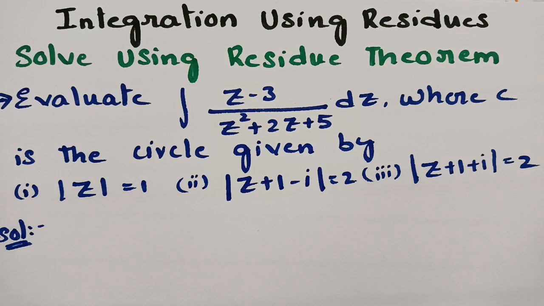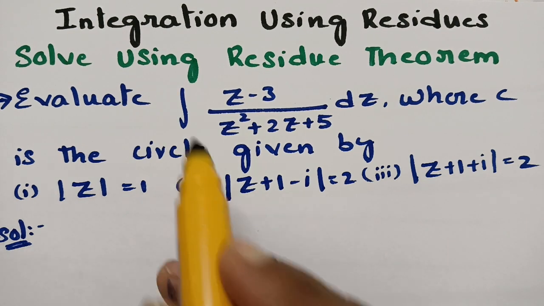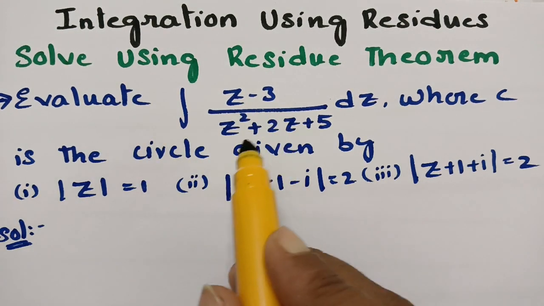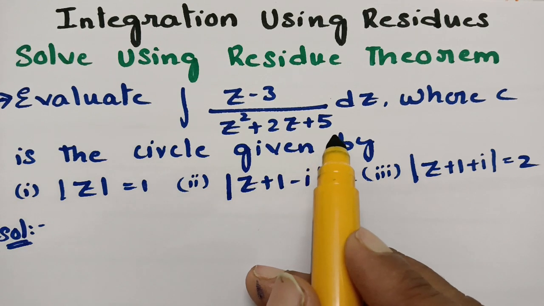Today's video is on integration using residues. In today's video, we are going to solve the problem using the residue theorem. First of all, we have to evaluate the integral of (z minus 3) by (z squared plus 2z plus 5) dz,